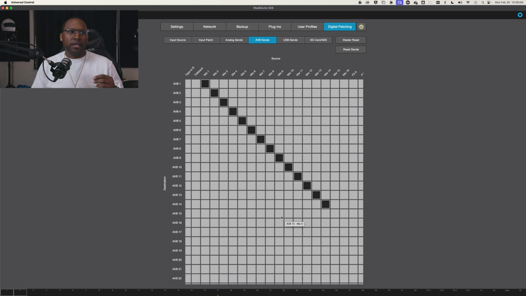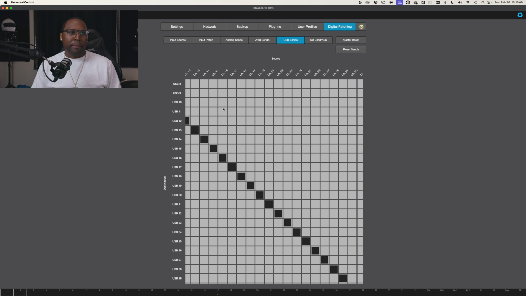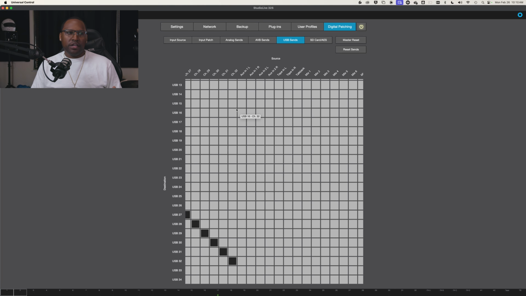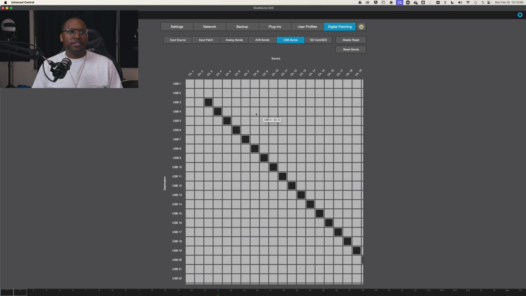Another thing I wanted to make note of is that even though we're set up with AVB networked audio, I still have the USB 2.0 cable plugged in, and this is an advantage over PC. PC cannot use multiple audio cards at once, nor can it use multiple audio connections at once. It doesn't even have AVB on Windows. So if you're looking at USB sends, you can see my USB sends are mapped out and they're still working. And I'm actually using some of my USB sends to send audio into the mixing board right now as I'm recording. Okay, so that is the setup on Pro Tools, and that is the setup inside of the system itself